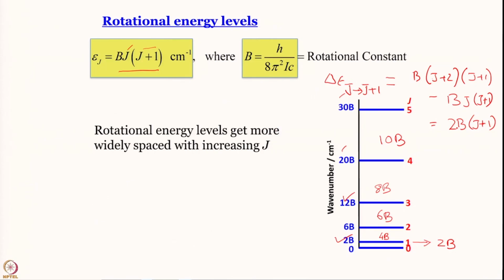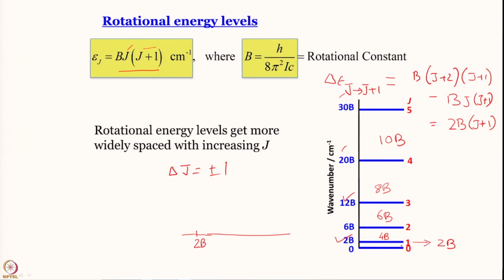Turns out, and I will not derive it here, once again it is there in our molecular spectroscopy lectures, one can work out the selection rule. The selection rule turns out to be delta J equal to plus minus 1, which means that lines in rotational spectra will occur at intervals of how much? The first one will occur at 2B